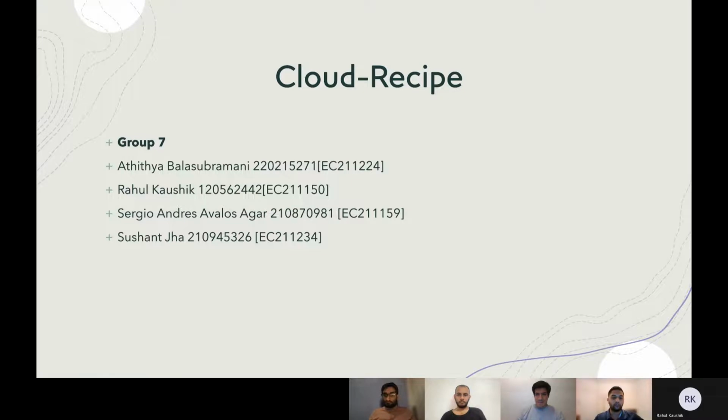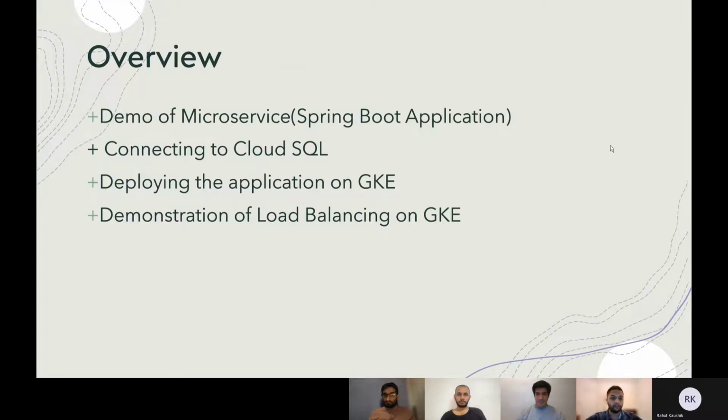Hello everyone. So in the overview of the application, we are going to show you a demo of how we have created the application, then connecting to Cloud SQL, then deploying the application on GKE, and a demonstration of load balancing. So first, let's start with the